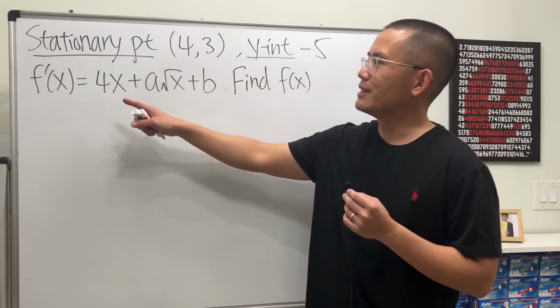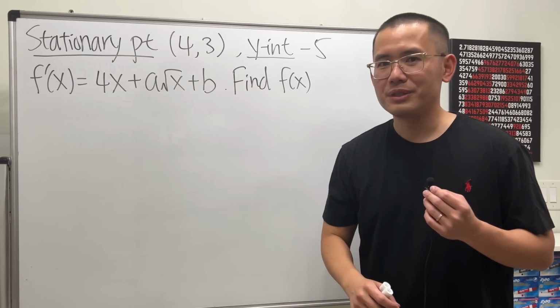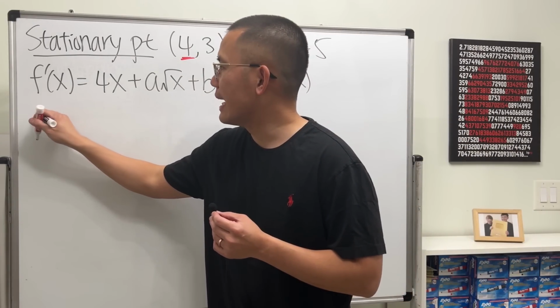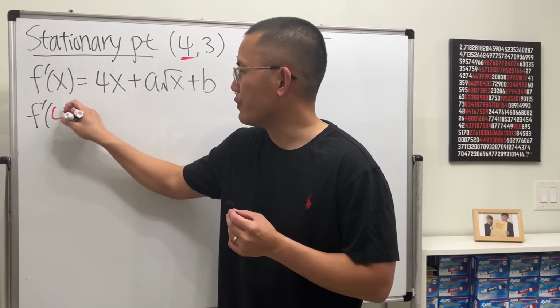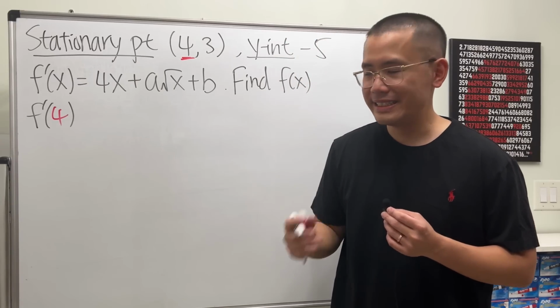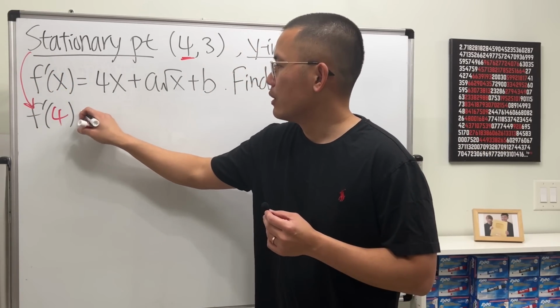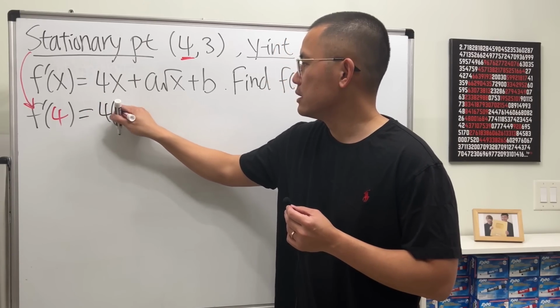So, let's use this right here first. What's a stationary point? Well, pay attention to the 4. That is the case that when you plug in 4 into the derivative, we will end up with 0. So let's use this first fact. So plugging 4 into all the x's,